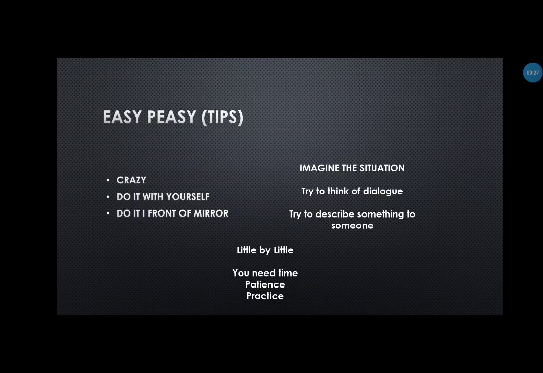Just talk to yourself. Which is another common question. I talk to myself, but how do I know if I'm doing it right? Guess what? You don't have to even do it right. Just talk to yourself. You know, when you put in the effort to speak, little by little, you will get the hang of it. Now, you might be doing it wrong, which is totally okay, because you will also study